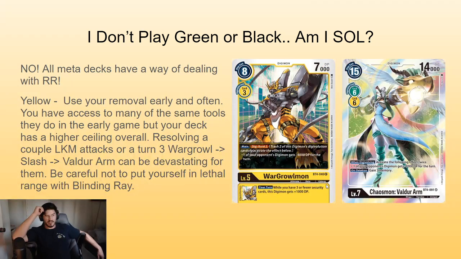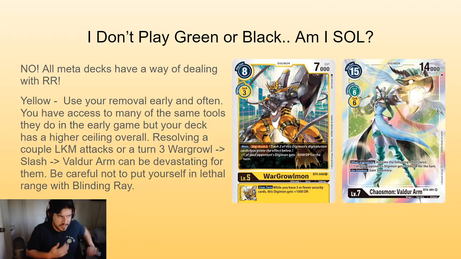Finally, the only color we haven't gone through is yellow. Yellow is a weird one, especially since the people who are playing Rookie Rush right now, and the reason why I think Rookie Rush is so popular right now, is a lot of the Lord Knight players decided to stop coin flipping the mirror and just switch their Pulsemons out to the Rookie Rush deck. Rookie Rush...